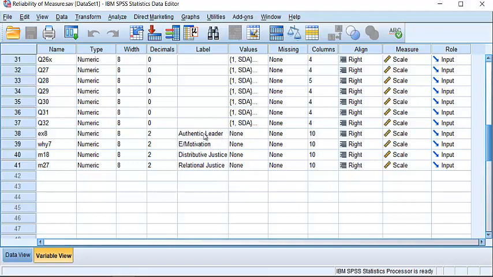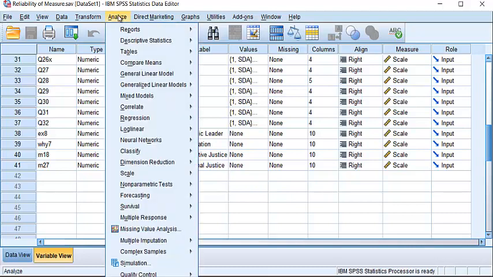Authentic leadership is the independent variable and employee motivation was the dependent variable. While distributive justice and relational justice were used as the mediators. So we are not concerned with this at the moment. Let's go for computing the reliability of these four variables along with their items or questions.